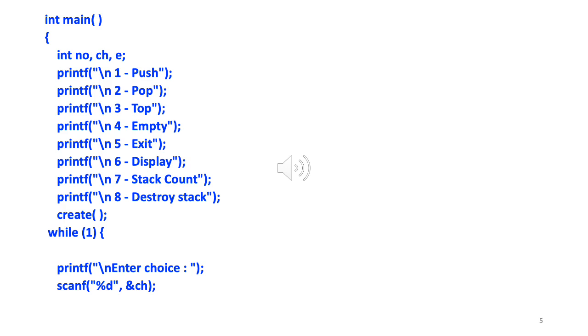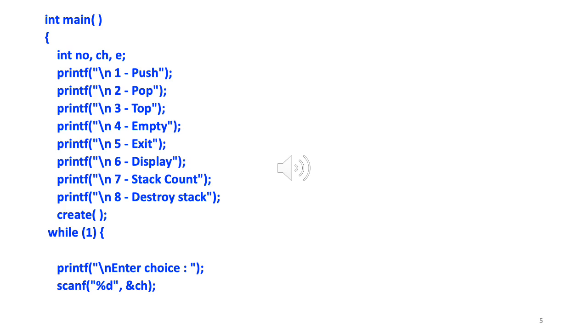Other values you're seeing are some other variables: int ch, that is for the choice, and then no and e. e is going to be used for grabbing the top element in one of the cases, which is case number 3 for top. For case number 3, when we want the top element, we will call the top element function, and the value that it returns will be assigned to e. That is what it's for.